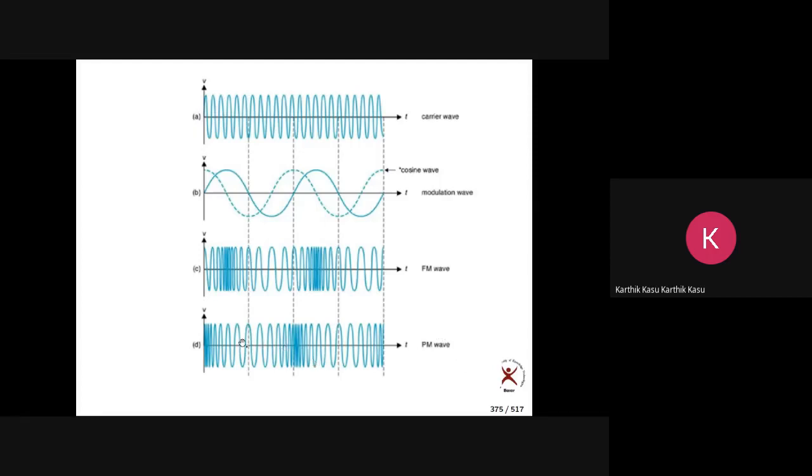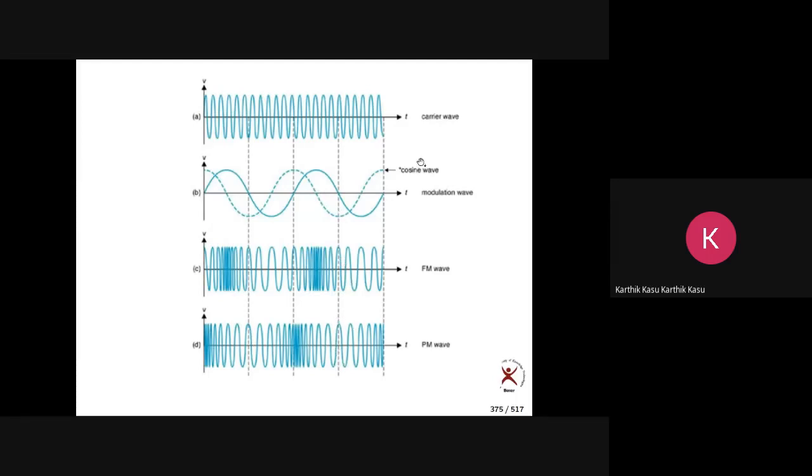So here, how does the frequency vary? Please make a note of this. Here I'm talking about frequency, not phase. The frequency of PM varies according to cos theta. Here cos is maximum. Here cos is maximum. That's why it has got maximum frequency. So it is decreasing. Here cos is minimum. That's why here also frequency is minimum. Here cos is maximum, so here also frequency is maximum. Here cos is minimum, so here also frequency is minimum.